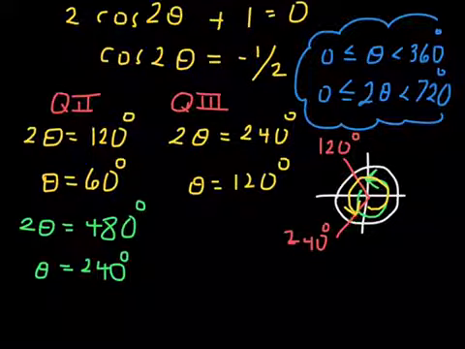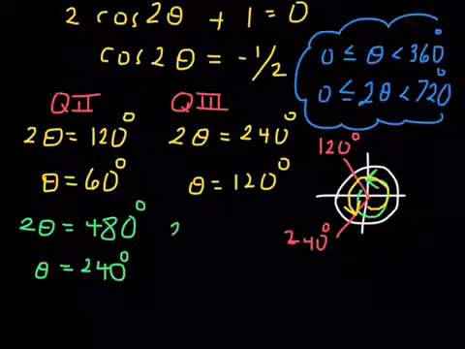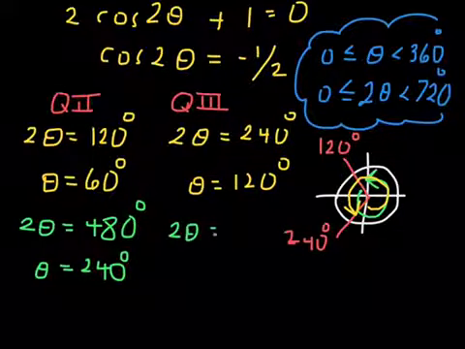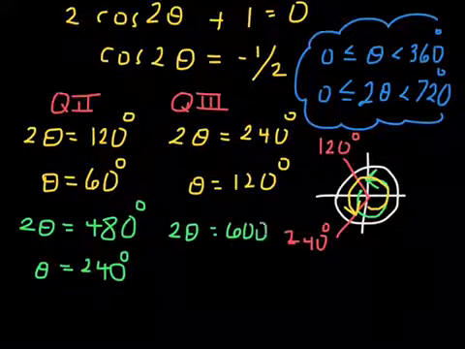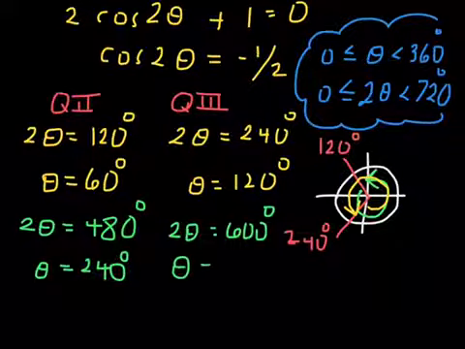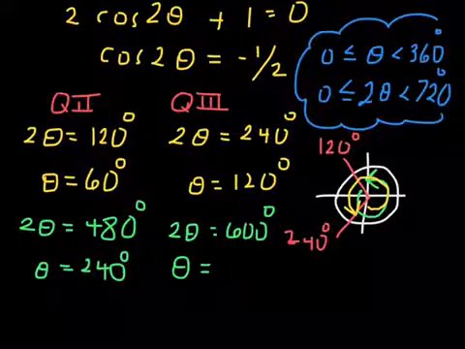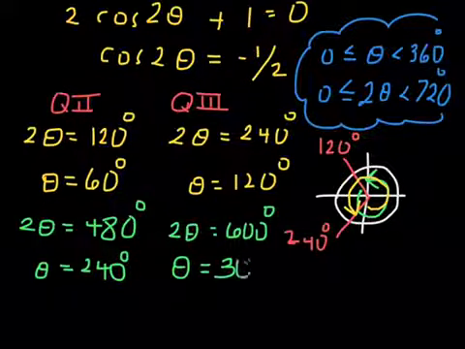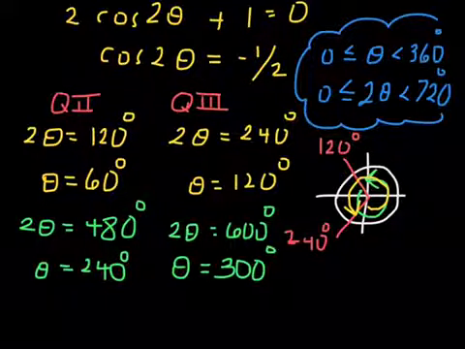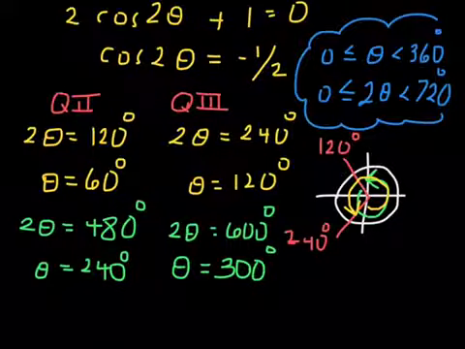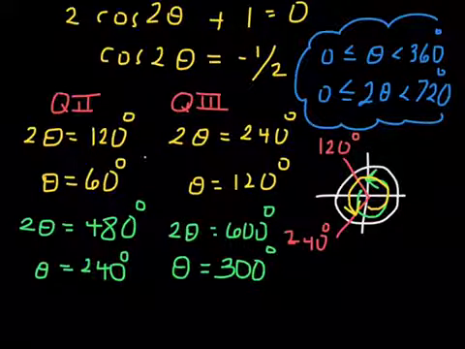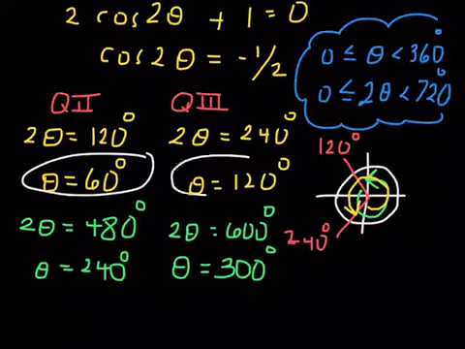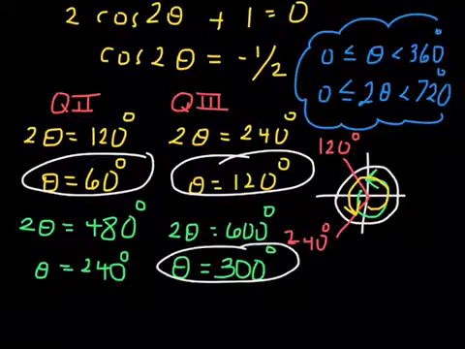600 degrees, that's right. So 2 theta can be 600 degrees, which of course means when you divide both sides by 2, that theta is 300 degrees. Okay? So I don't want you to lose all 4 of your solutions. All 4 of your solutions are theta is 60 degrees, theta is 120 degrees, theta is 300 degrees, and theta